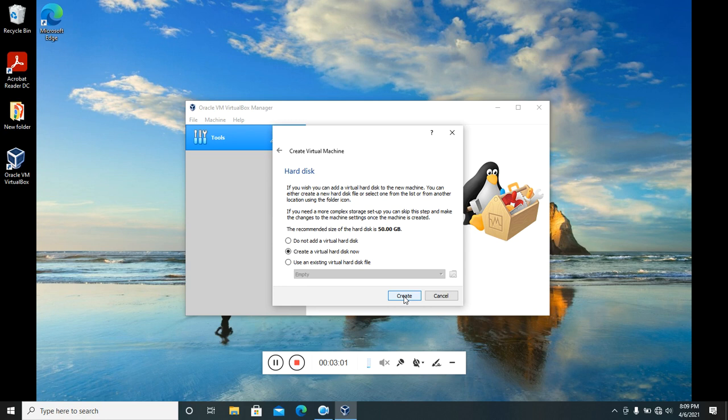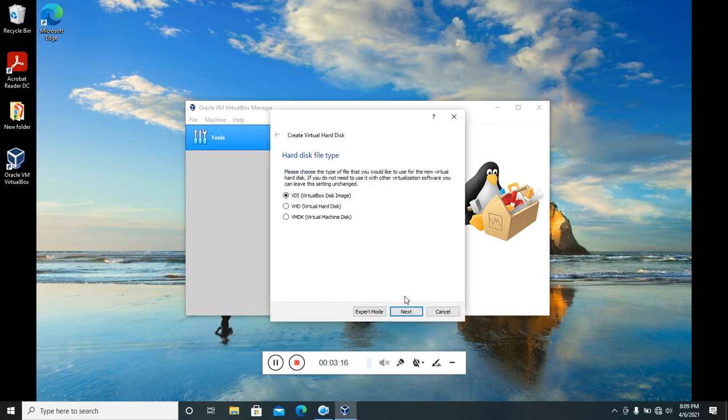You want to create a virtual hard disk now. If you have one already created, you can use that, but since this is going to be the first virtual machine on this host, I'm just going to create a brand new virtual hard disk for this machine. Click on create,